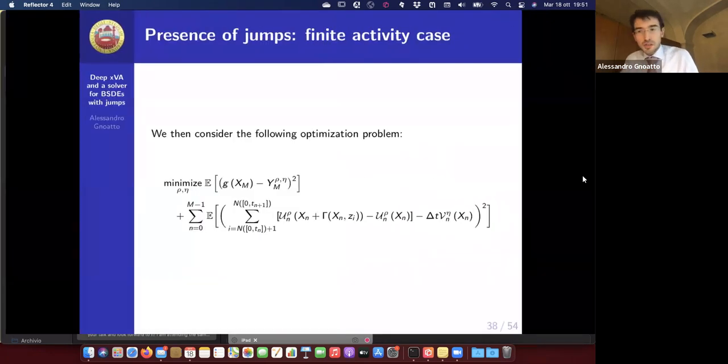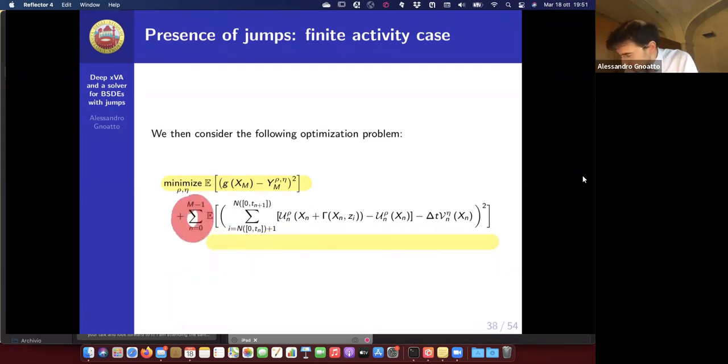So once you do this adjustment, the loss function of the algorithm is now the previous loss plus this second term here. You see the summation here is running over time. So m is now running over different points in time, okay? For each point in time, I have a different neural network for the jump compensator, and at each point in time, I want to force the compensator to compensate for the jumps in the right way, okay?